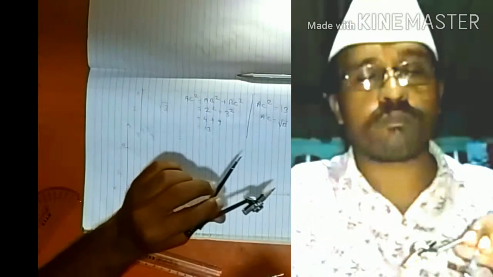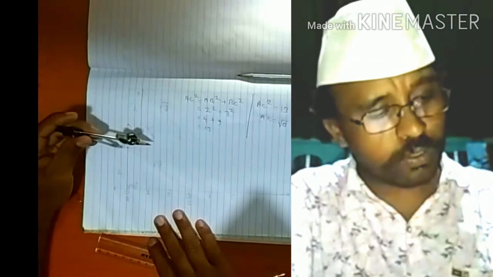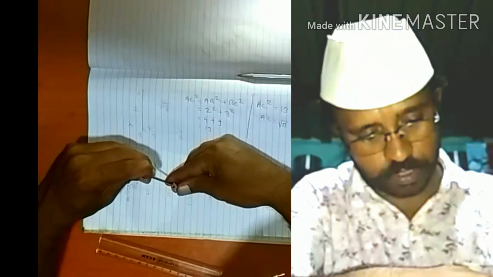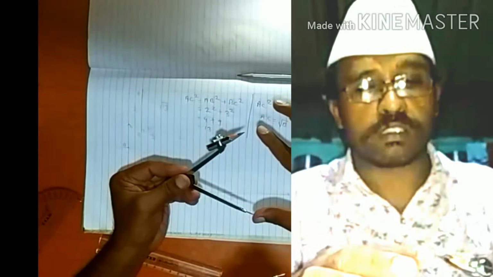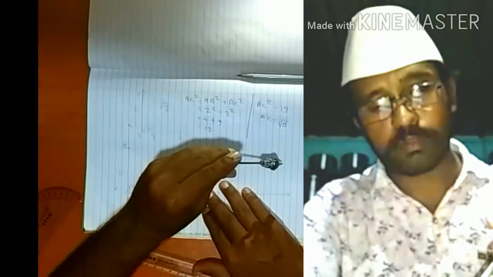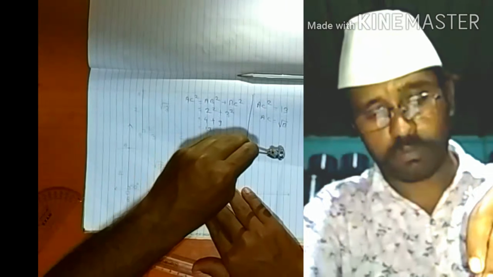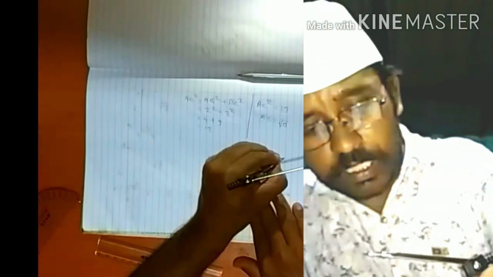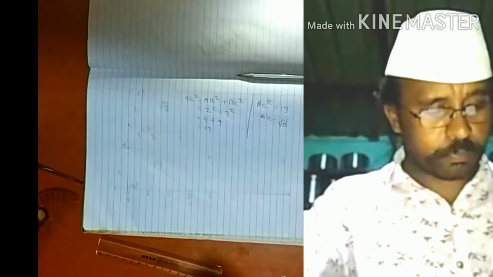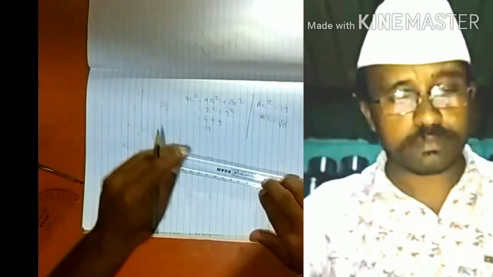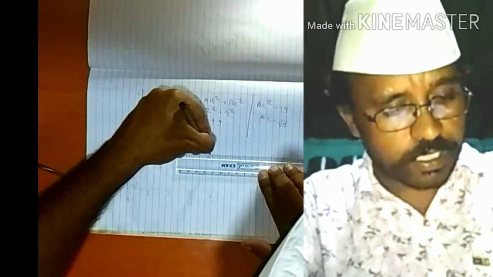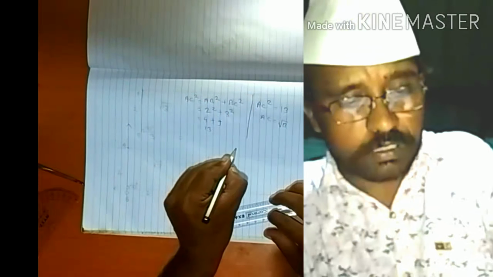So for that, let's first take root 13 in the compass. If I put the tip of the compass on A and pencil on point C, this much distance is root 13. If I draw one line segment, let's consider this is point P and this is point Q, and I connect this point P and Q, how much will be this distance? Naturally this distance is equal to AC.